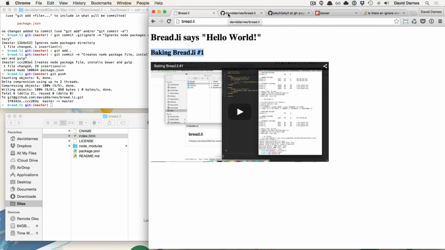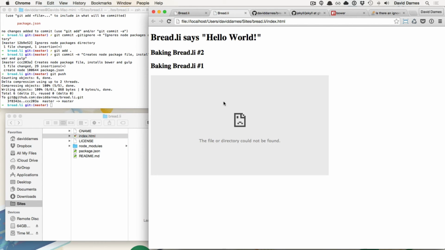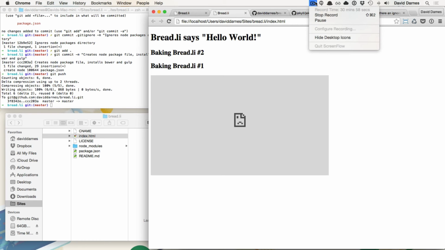we could probably run it locally. Well, I say run it locally. I can just drag it into here and it will come up like this, and it'll say baking Bread.li number 2. We can't run Jekyll just yet because we haven't got the configuration file set up for it. I'd love to get into that on the next one, and